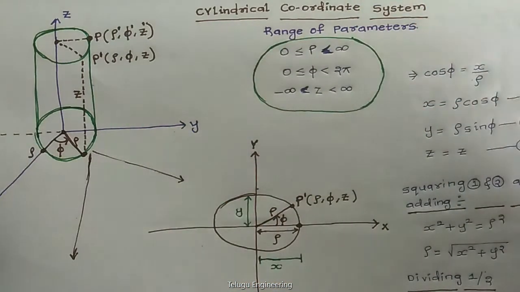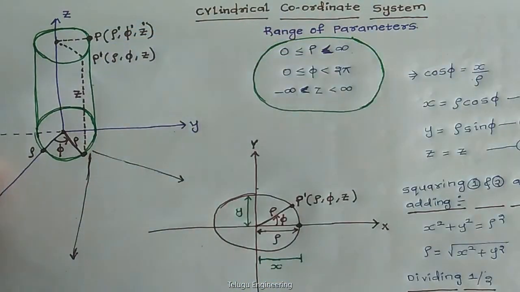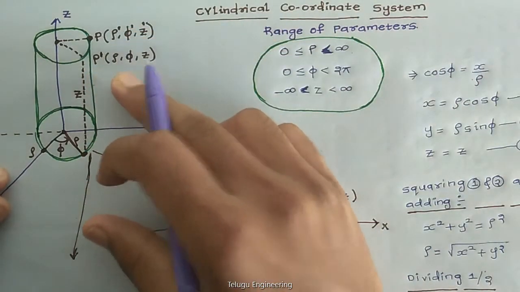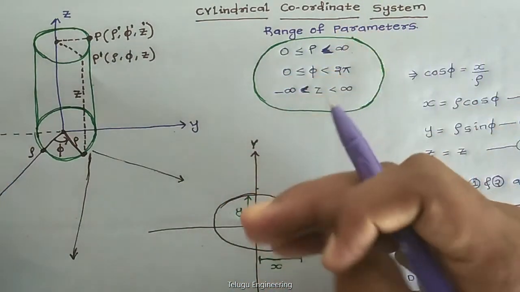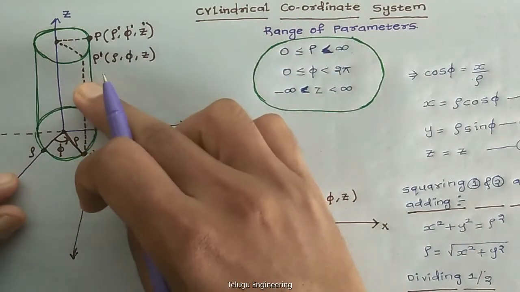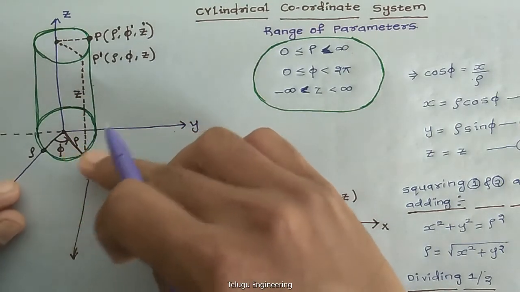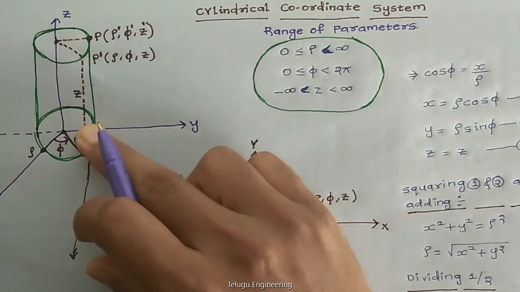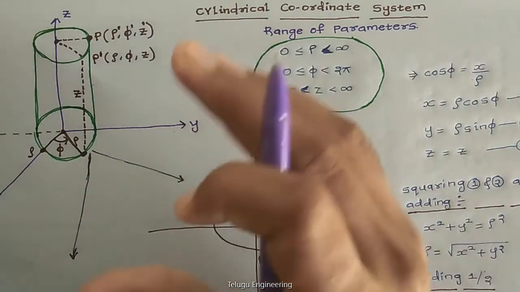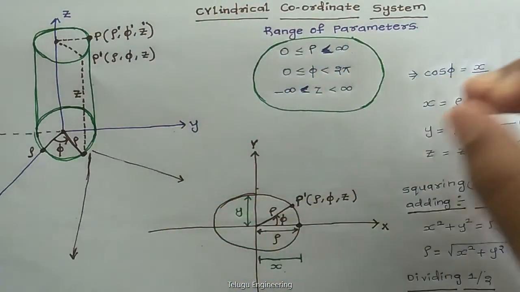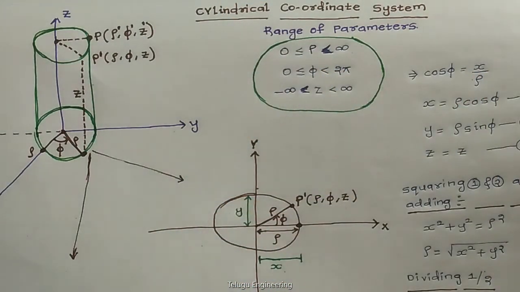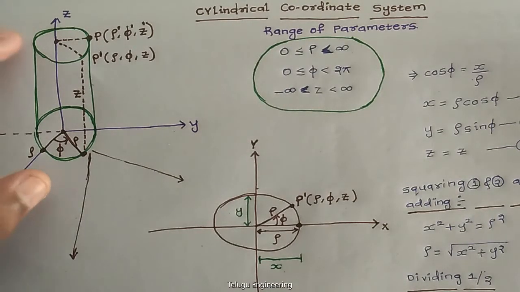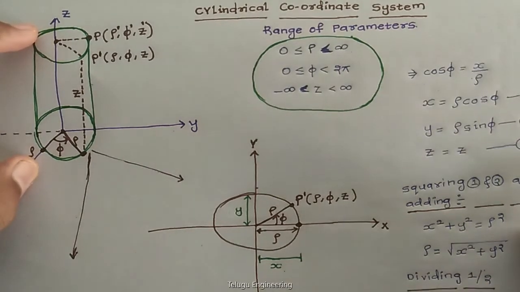So in this way we can't represent a point on a cylinder directly. We need to represent it in terms of radius, azimuthal angle, and height. For that reason we use the cylindrical coordinate system. We will be deriving the relation between the Cartesian and cylindrical coordinate systems in this video. As I already said, there is no separate cylindrical coordinate system; it is actually derived from the Cartesian coordinate system.